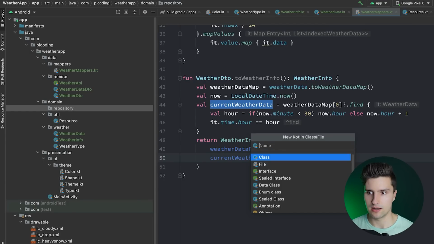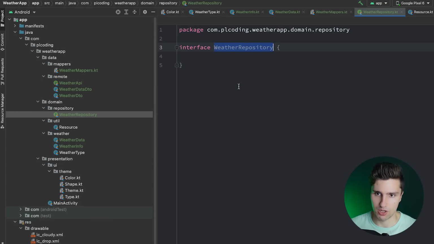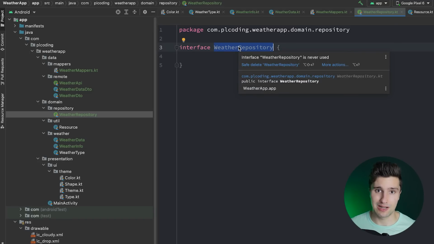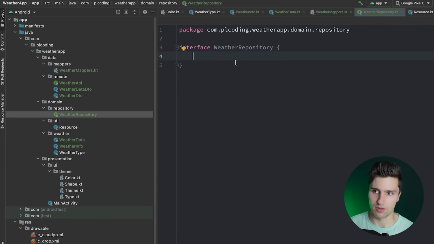And we create a weather repository interface. And the reason why you should always abstract out your classes, so when I say abstract out, then I mean to create an interface or an abstract class for your classes. The reason is just that it's a lot easier to later on swap out implementation details, as I mentioned. So if we later decide to use a different type of API library, for example, like swap out Retrofit with Ktor client, then all we would really need to do is to change the implementation of the weather repository, but not this interface, and also not all classes that depend on this interface. And that also makes things like testing a lot easier actually,